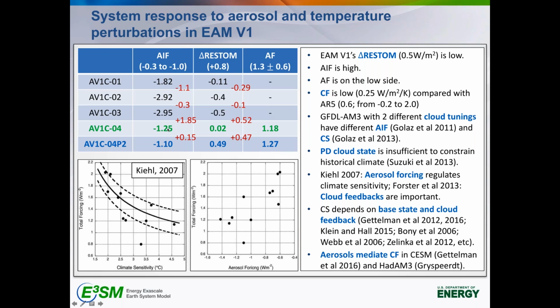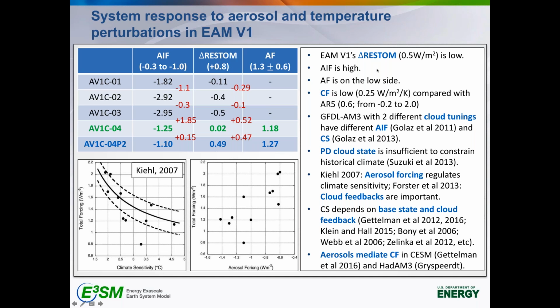And the indirect forcing ranges from 3 watts per square meter to the lowest, 1.1, which is the V1 model. However, the top of atmosphere energy balance, which according to CERES EBAF should be about 0.8 watts per square meter, but our first 4 configurations don't really have enough warming, so that's actually pretty problematic. But our last one has a warming of 0.5 watts per square meter, and this is still much lower than